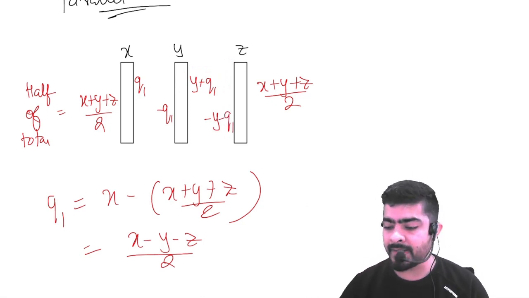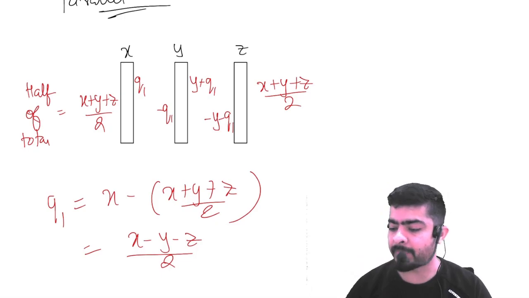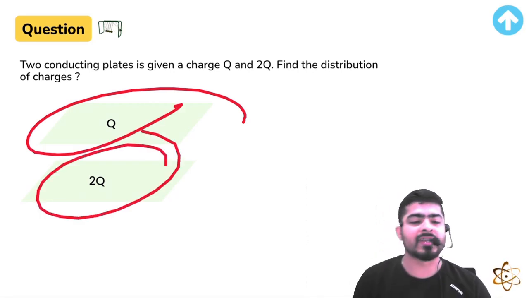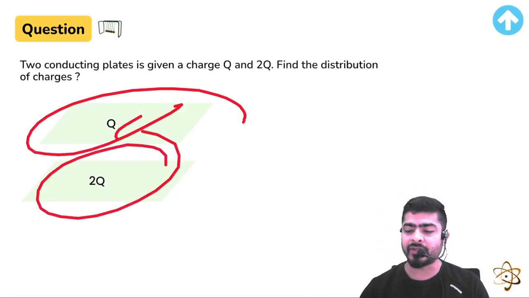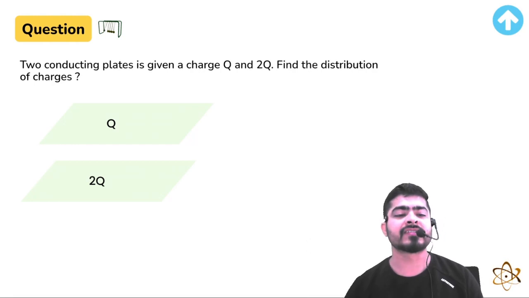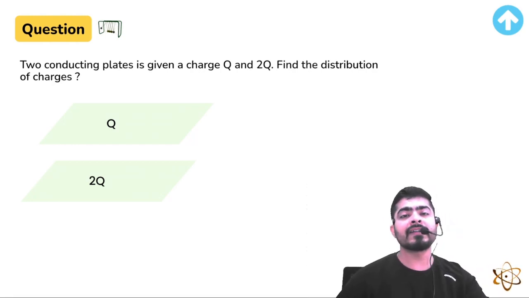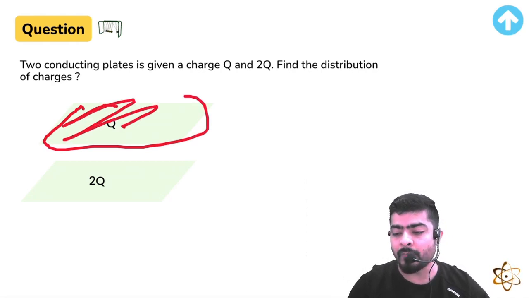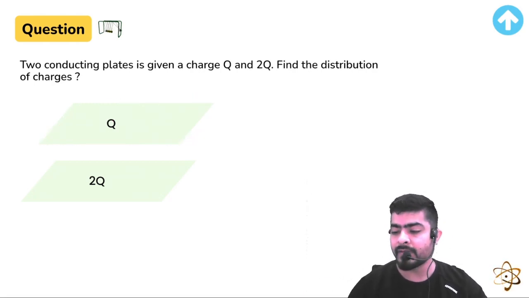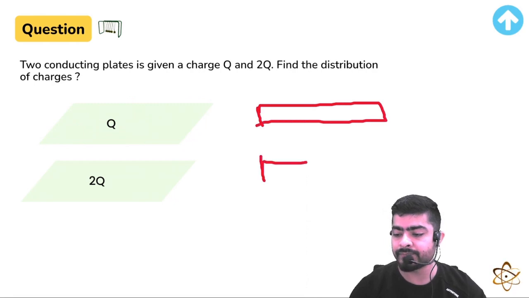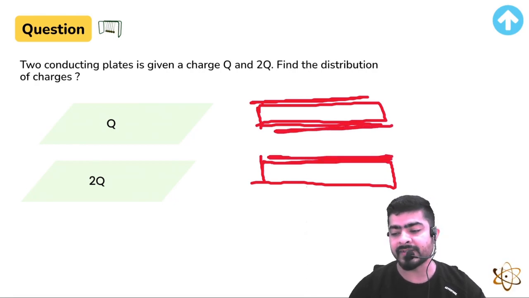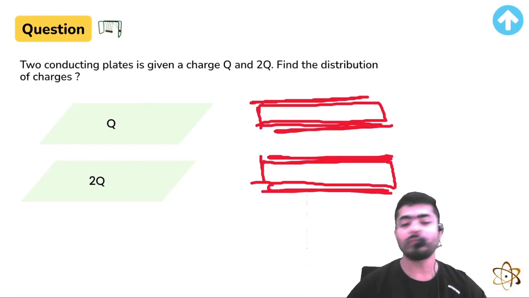Okay. Let me give you one numerical example, which is this one. So here you can see we have got two plates now. The plates have charge q and 2q. We have to find the charge distribution of the conductor surfaces. That is, this conductor has one surface on the top, one surface on the bottom. Second one also has one surface at the top, one surface at the bottom. And solve them now.